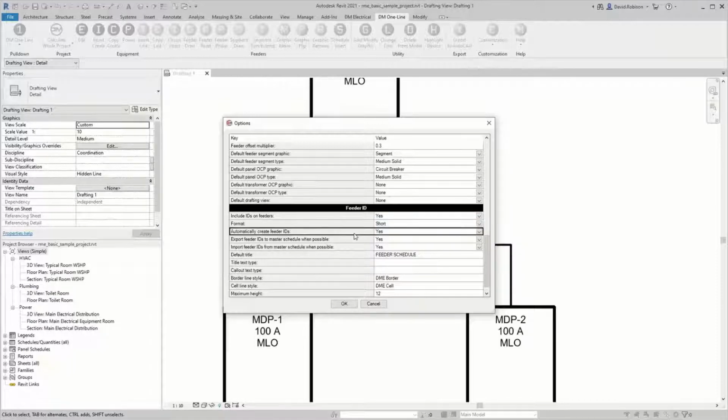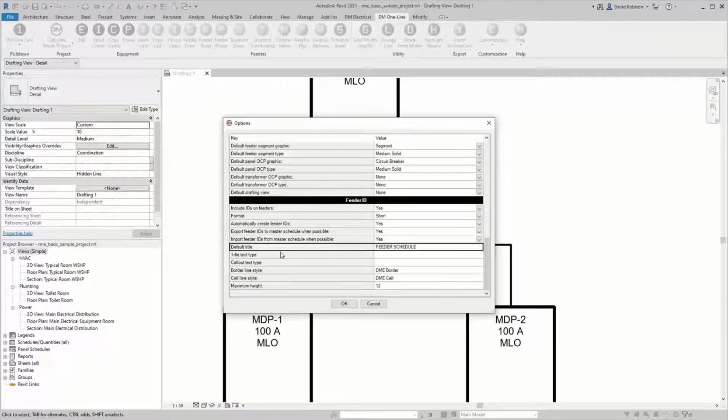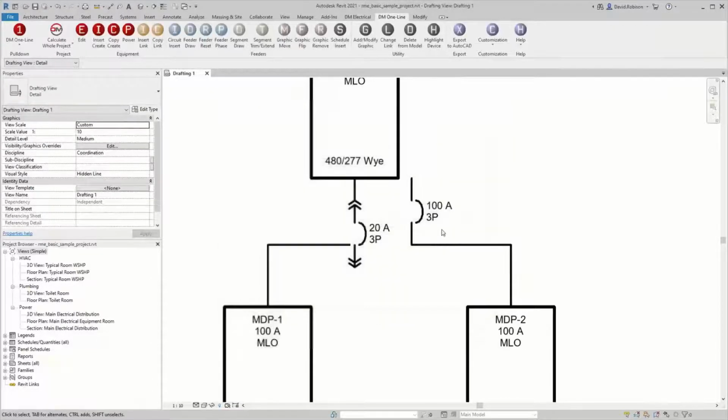We have the option to automatically create them or not. By default, it's creating them. You can say no, and then when it needs a new one, it'll ask you, here's the wire callout, what should the ID be? And then we have options to load these to and from the master schedule. So you can have a master list of IDs for your company, so that if you have a consistent format that you want to have across all of your projects, all of the callouts of the same type will use the exact same ID. And then these other ones are related to the feeder ID schedule,